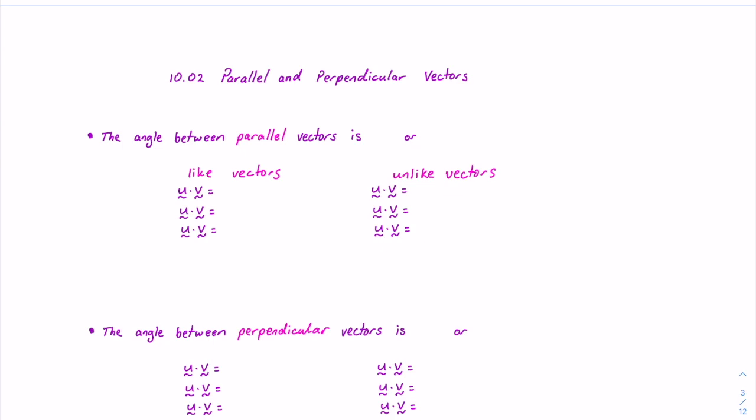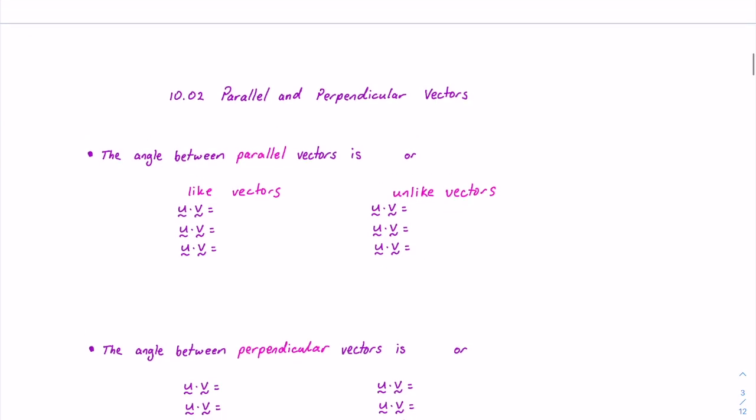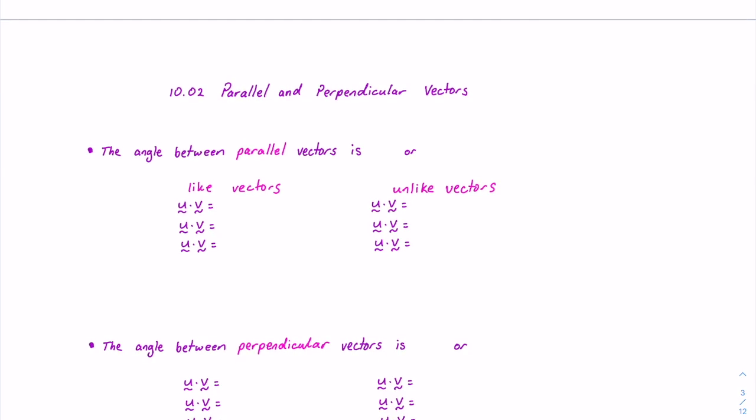So exercise 10.02 is about vectors that are either parallel or perpendicular. If they're parallel vectors, then the angle between them could be 0 degrees, or it could be 180 degrees. If they're like vectors, then they've got the same direction and the angle between them is 0 degrees. So the dot product is the product of their magnitudes times cos 0. Now cos 0, of course, is equal to 1. So therefore, the dot product is just equal to the product of their magnitudes if they're parallel and have the